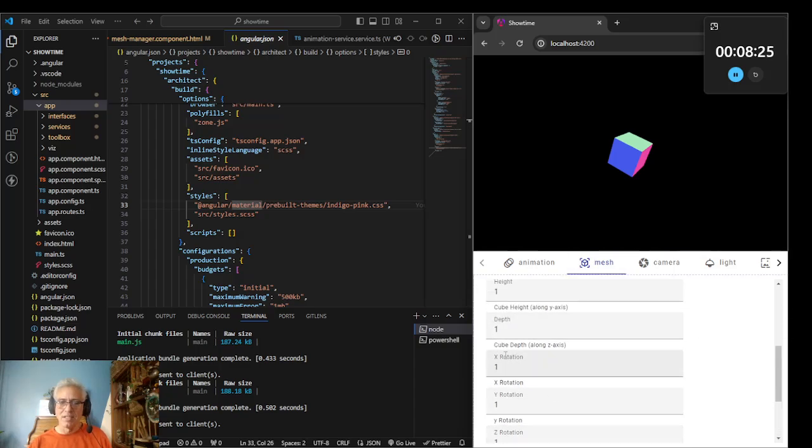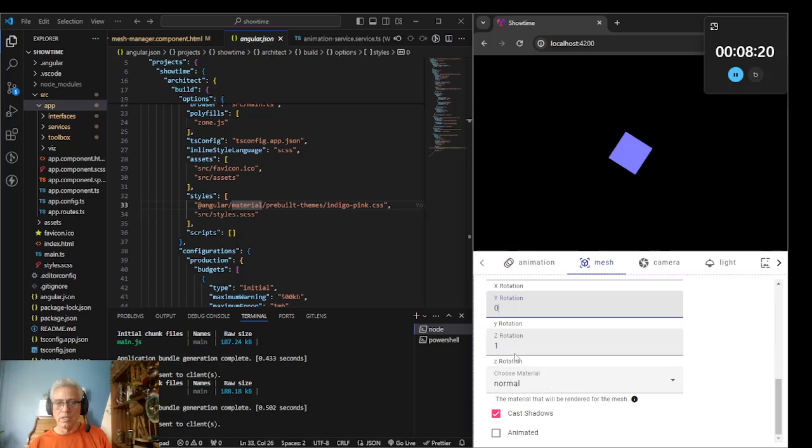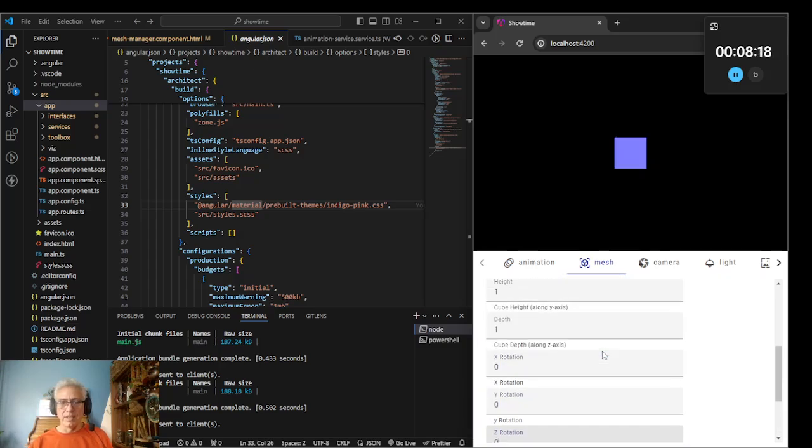So if I make this 0, 0, and 0, we get nothing. Basically, the X rotates along the X-axis, and the camera is sitting along the Z-axis, so the X-axis is like this to us. If I add 1, it just rotates 1. If I add 3.14, it rotates 180 degrees, because 3.14 in radians is 180 in degrees. So I'll just do that real quick. First, I'll do 1, so you can see it rotate a little bit, and then